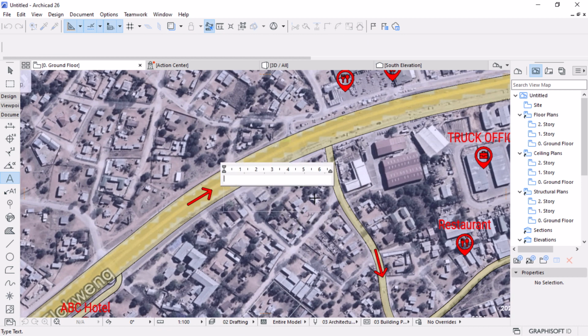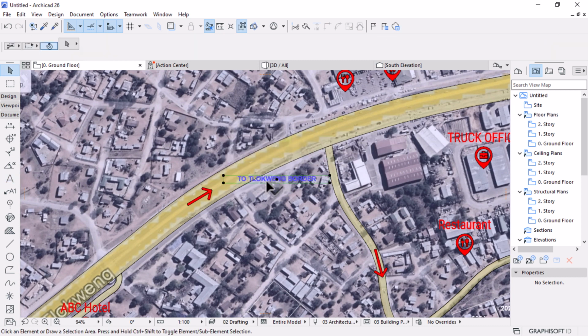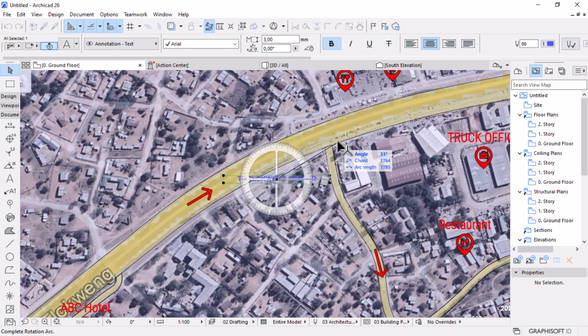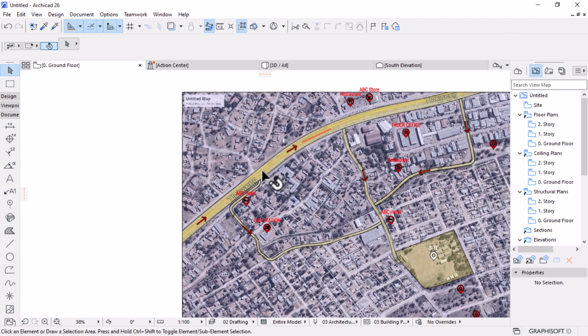Then I would say, to local border, something like that. Then let's rotate our text to be along the road. Set this to be red color,